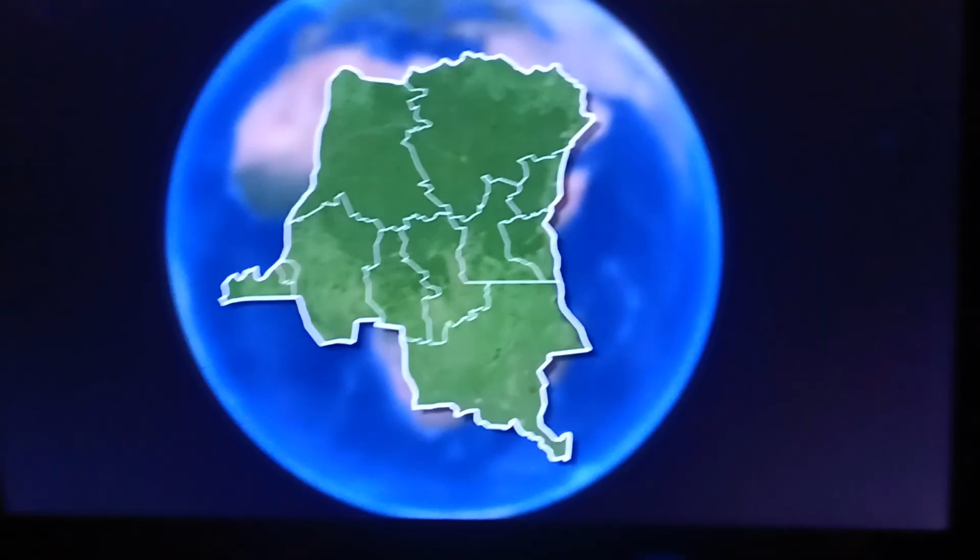The country has 10 provinces, and the city province of Kinshasa, even though the constitution mandates that there are like 26 provinces, but they haven't really gotten around to that.